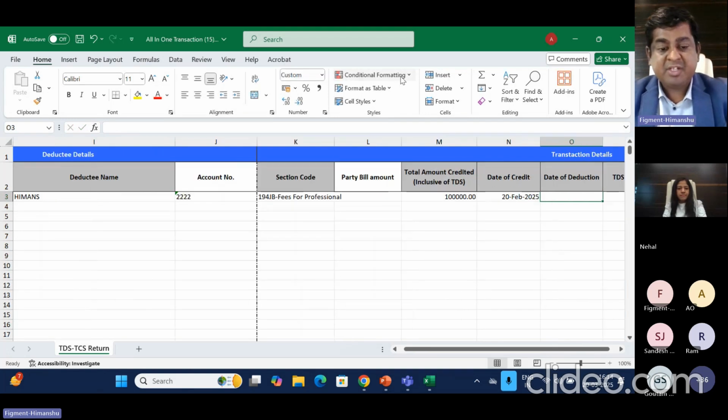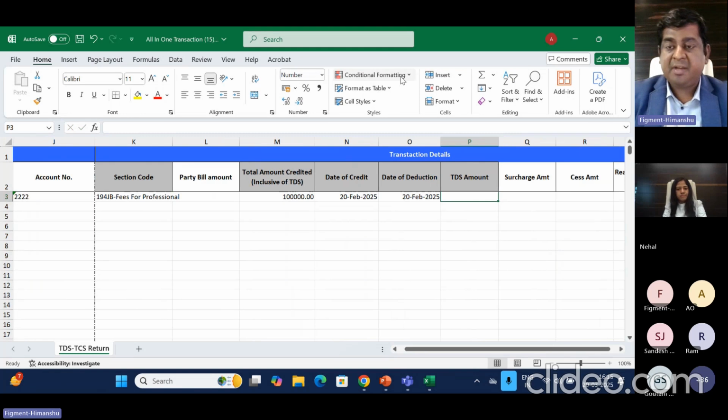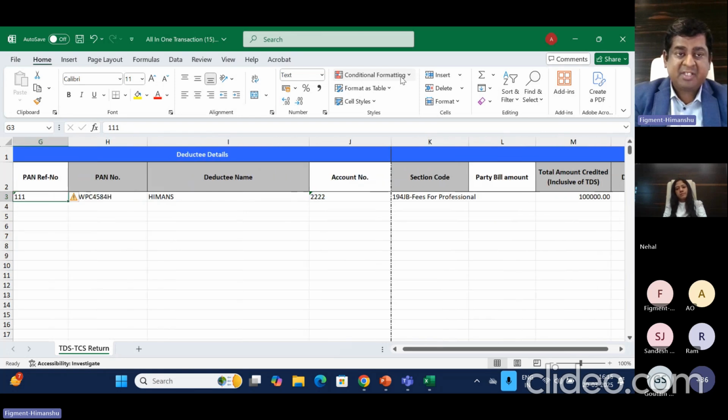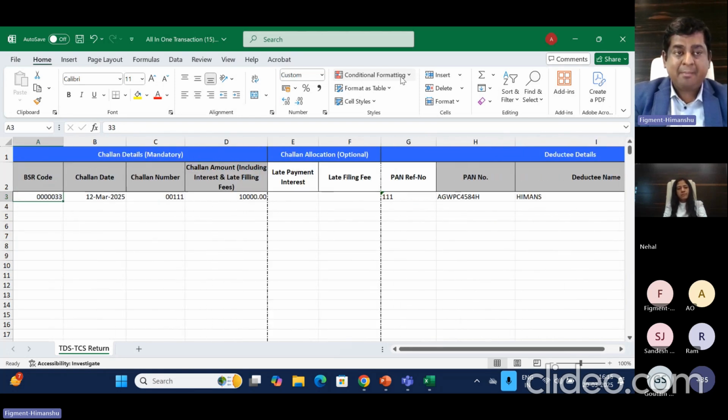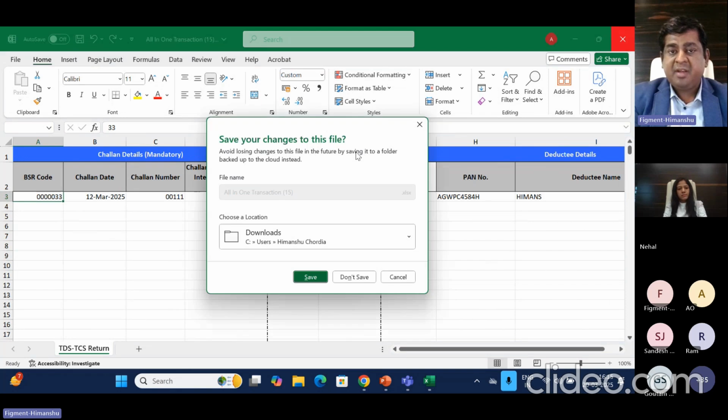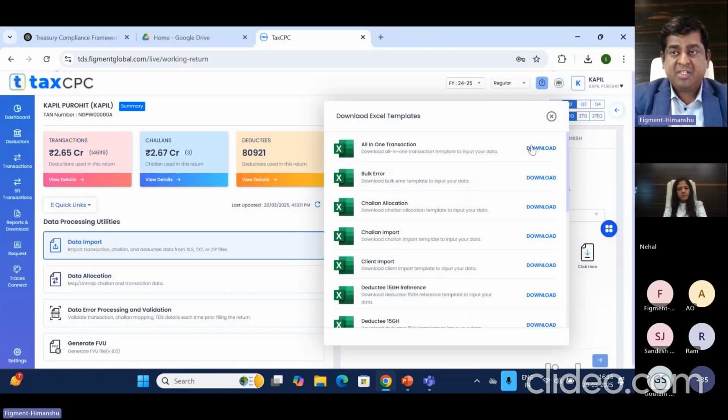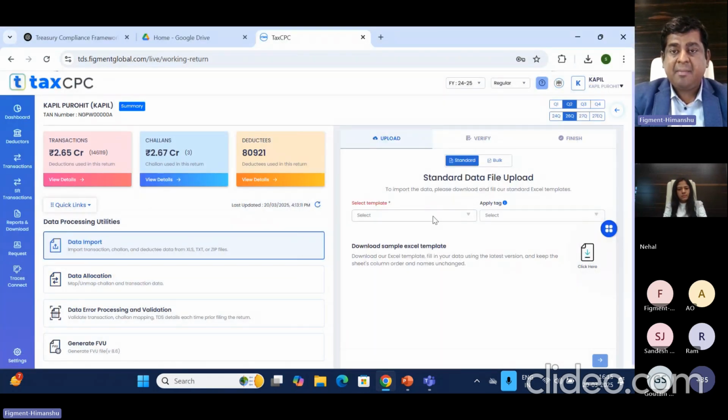20 फरवरी 2025। डेट ऑफ डिडक्शन इज ऑल्सो द सेम, और हमने इसके ऊपर 10,000 का टीडीएस डिडक्ट किया। इस प्रकार से आप सारा आपका जो भी सिस्टम से या सॉफ्टवेयर से डेटा निकलेगा, आप ये टेम्पलेट के अंदर फीड कर सकते हैं। वंस यू फीड द डेटा इन द टेम्पलेट, इसको आप सेव कर लीजिए। इट इज अ वेरी सिंपल प्रोसेस।